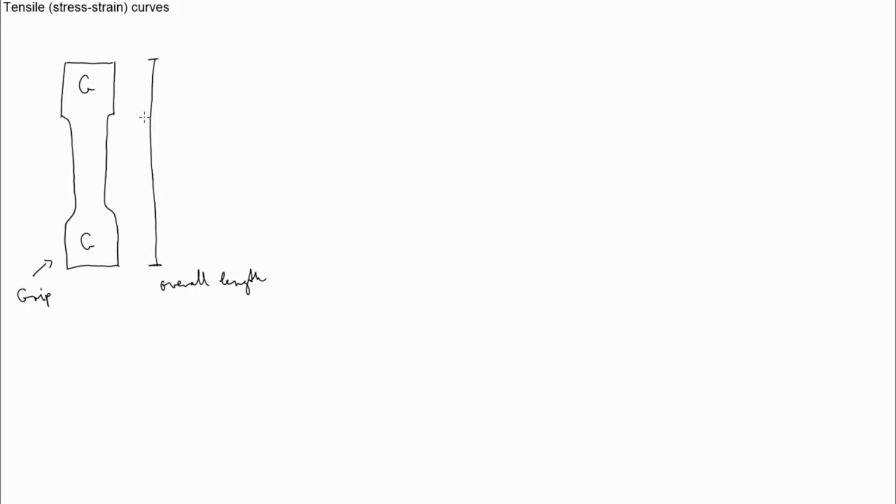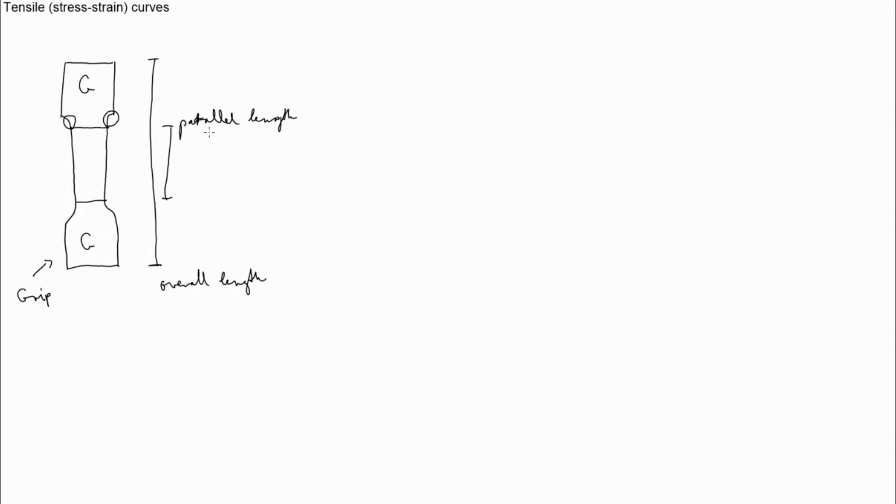And then we have another length, which is basically the length where the specimen is straight, so you don't include these necks. And then this length is often called parallel length. This is supposed to be an R. And then